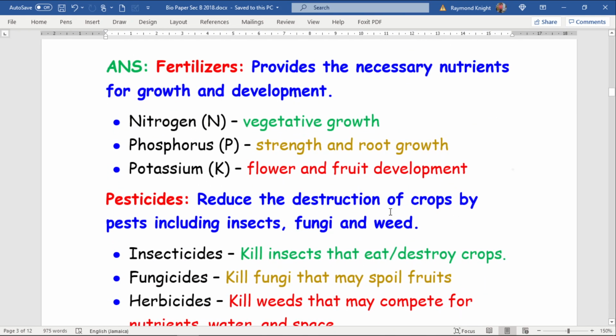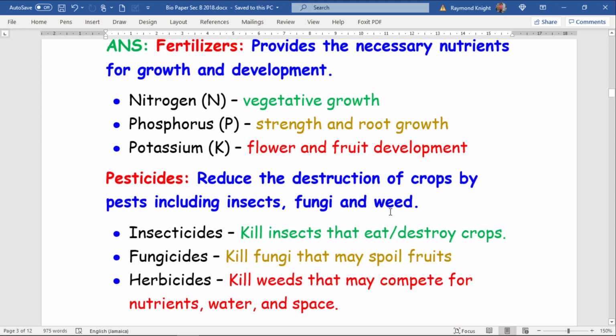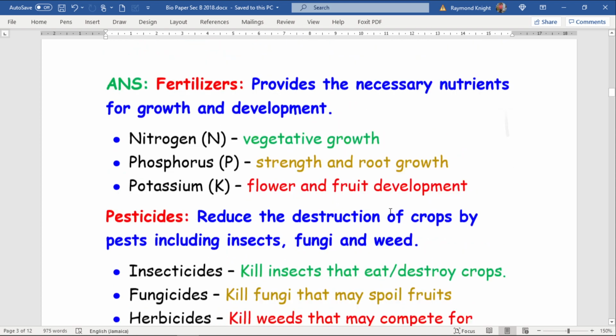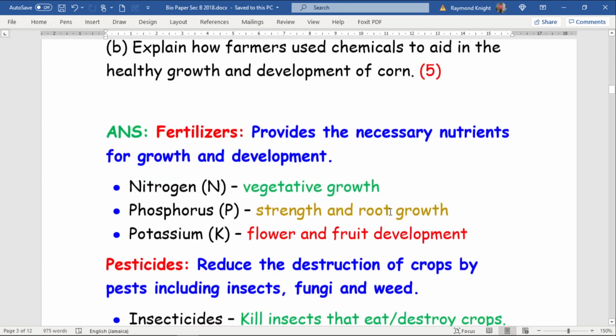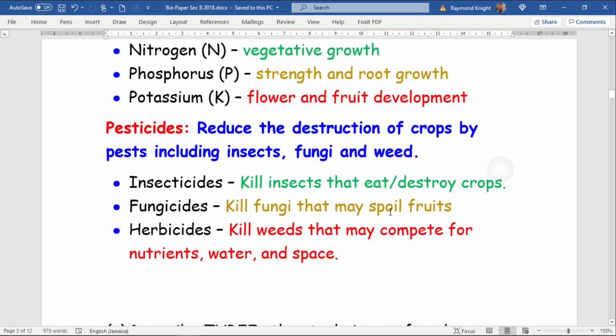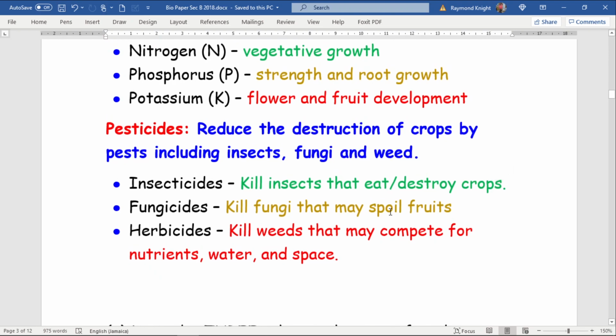And pesticide is the next type of chemical. And again, how this is important in production of crops, because notice it here, to produce healthy growth and development of corn. How pesticide could help us to make us have healthy corn. And so pesticide reduces